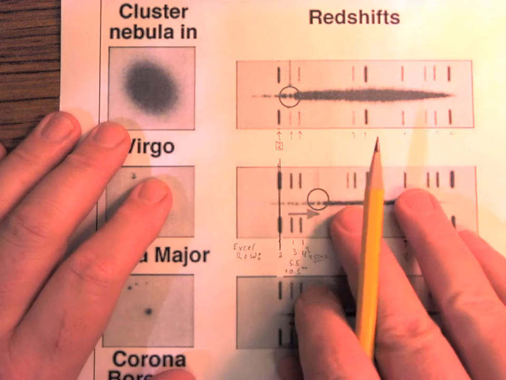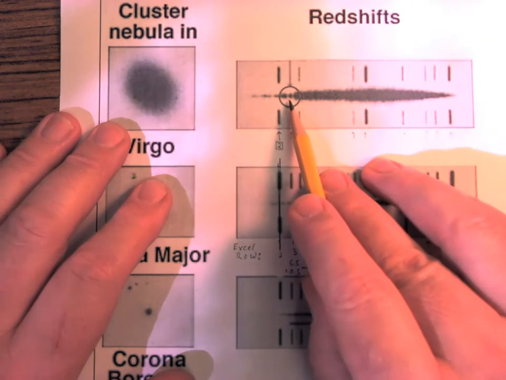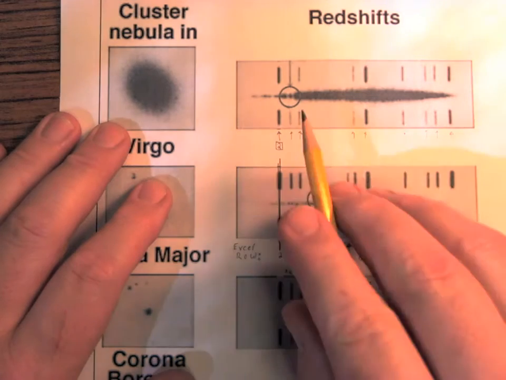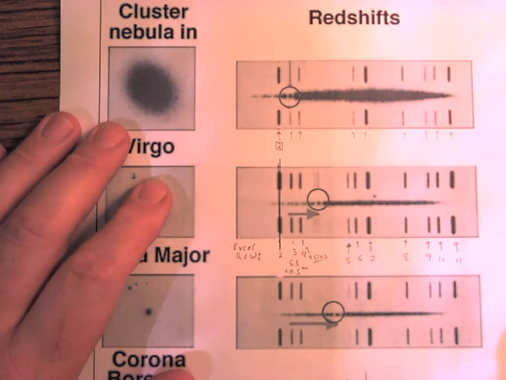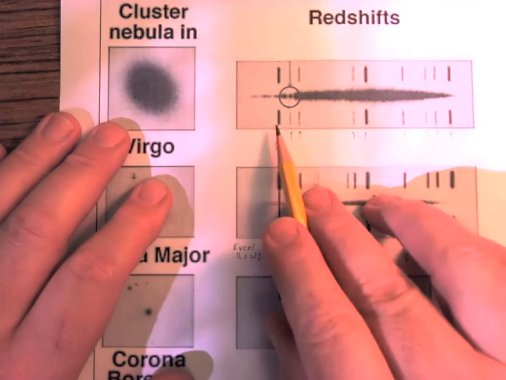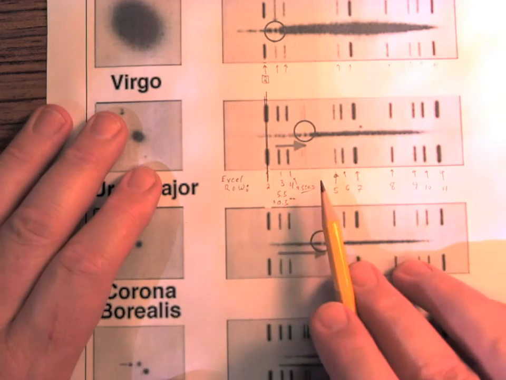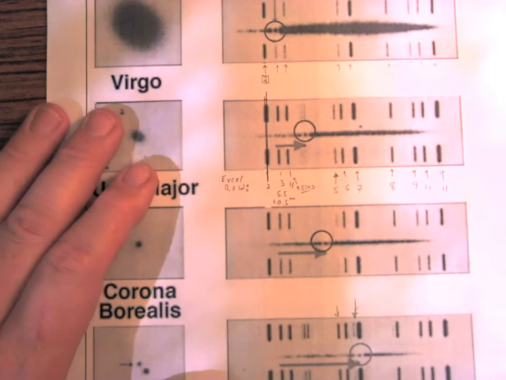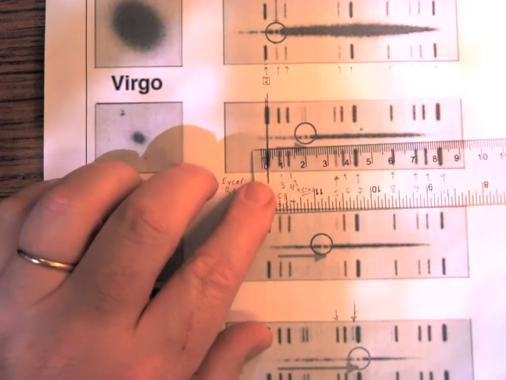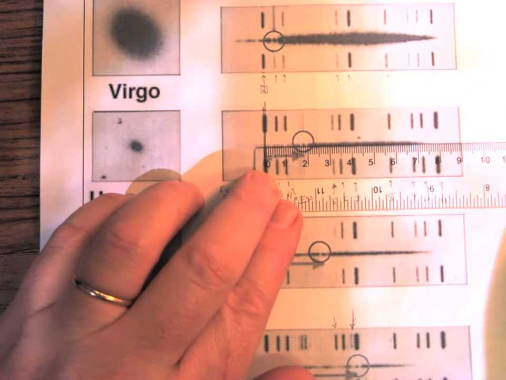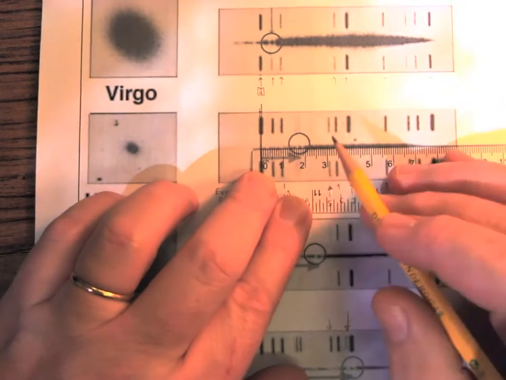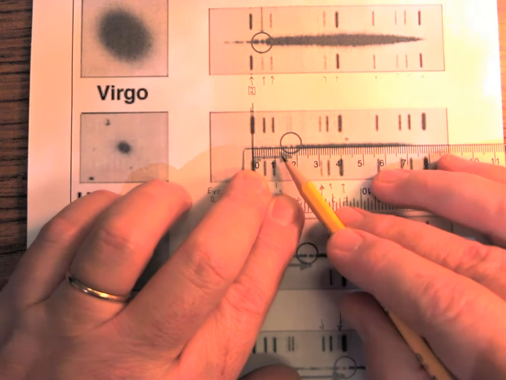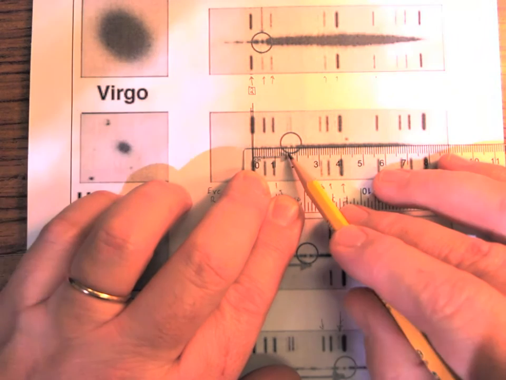Once you've done that, then you're going to eventually want to know what each of these two lines here are. And to do that, you're going to measure them in exactly the same way as we measured the reference lines. So let's use this as an example because, as you can see, we used it before. I'm going to measure exactly the same way as I did before. That's the key. And you can see it's at 10 millimeters, 15 millimeters, 16,